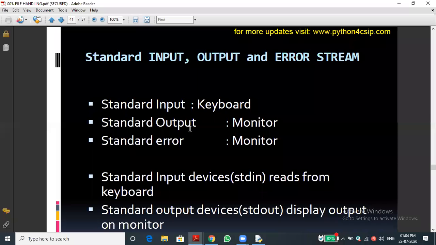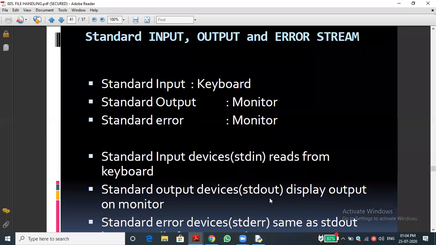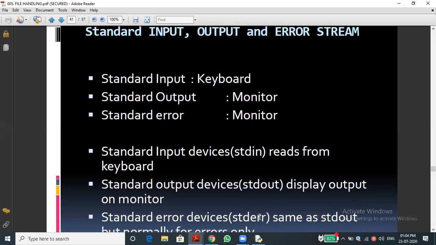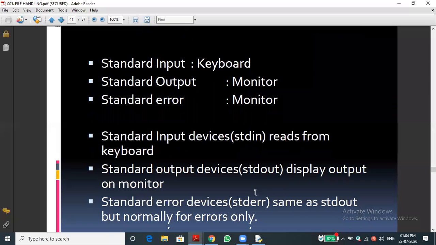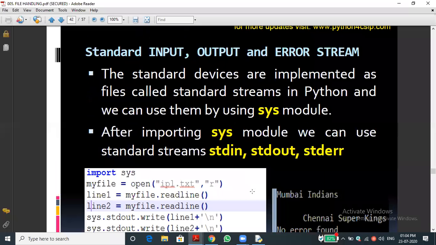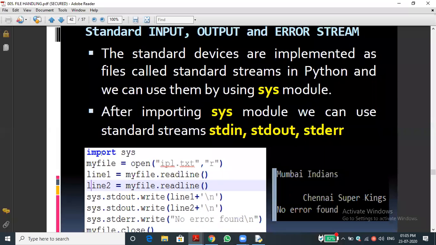Likewise, here we want to use stdin, that is standard input; stdout, that is standard output; and stderr, that is standard error. I will tell that once again. If you see the program, you can understand the use of these things. It's a basic one. Let me go to the next one. You can see how to use these in this example program.